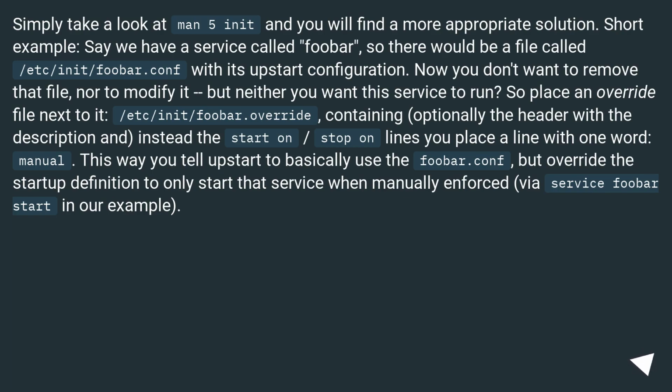Simply take a look at man 5 init, and you will find a more appropriate solution. Short example, say we have a service called foobar, so there would be a file called /etc/init/foobar.conf with its upstart configuration. Now you don't want to remove that file, nor to modify it, but neither do you want this service to run? So place an override file next to it,